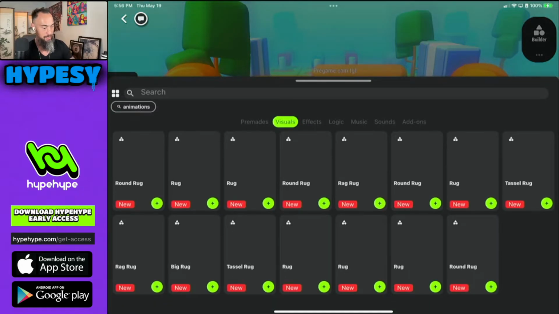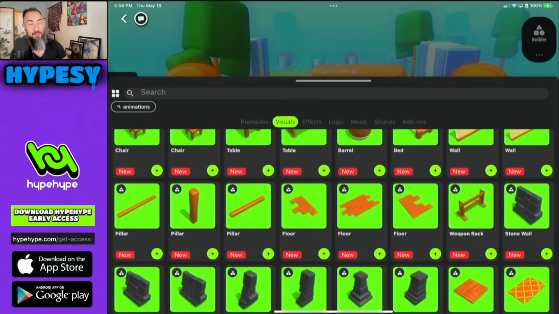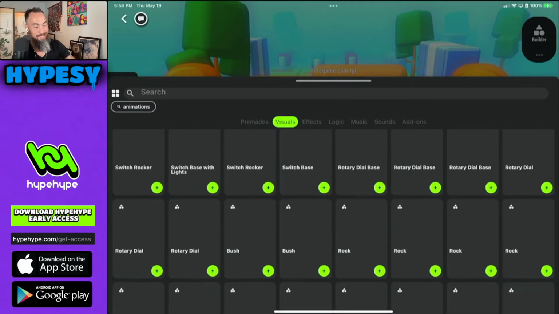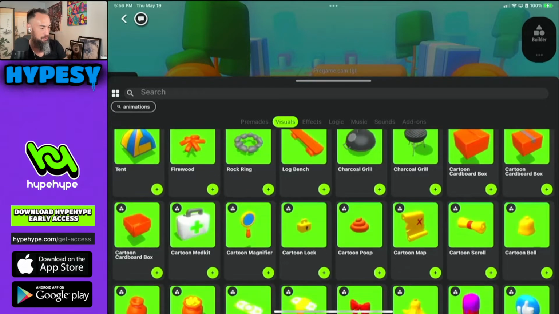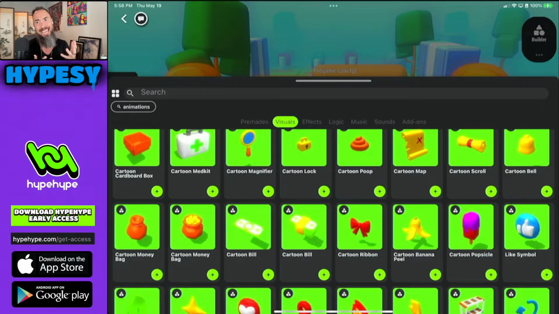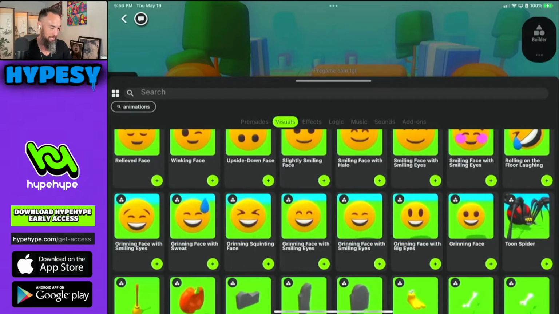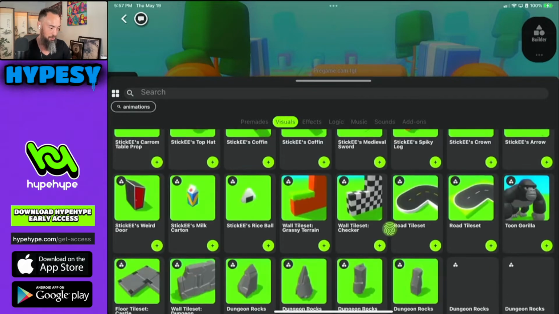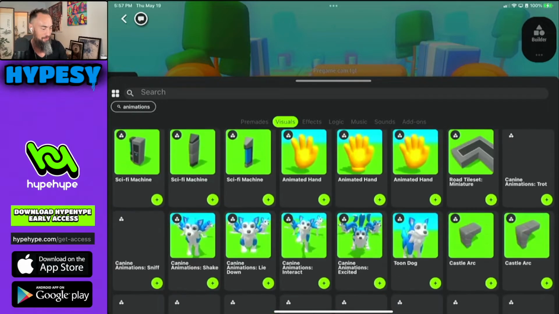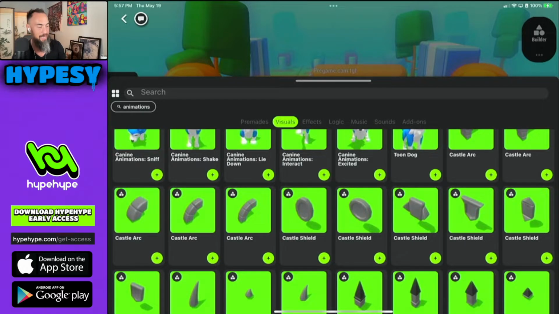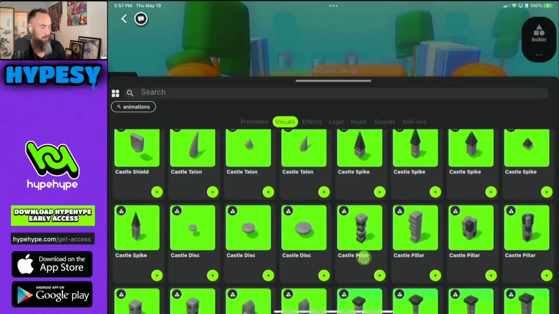So let's keep looking at the asset store. The new assets will always be highlighted new, and again, they get updated all the time. We got some flying enemy creatures, camping setup, money. Gotta have money. That one's fun. Here we got the happy faces again. I want to go through all of these. Got different sized rocks, cool sci-fi stuff, dog animations, castle-like things if you want to make a Game of Thrones.